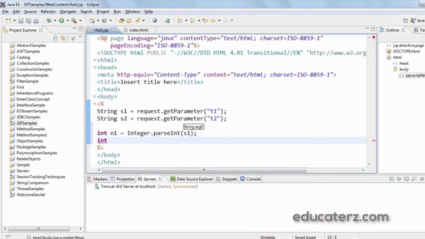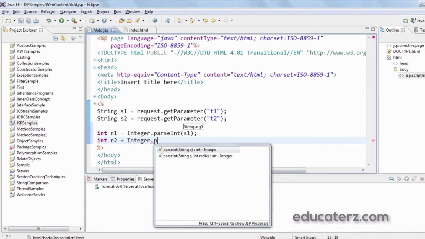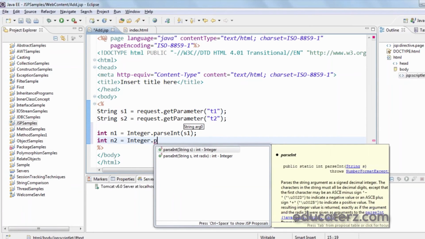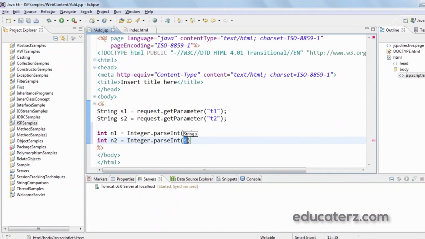Similarly, int n2 equals Integer.parseInt of s2. So we convert both the strings into integers.